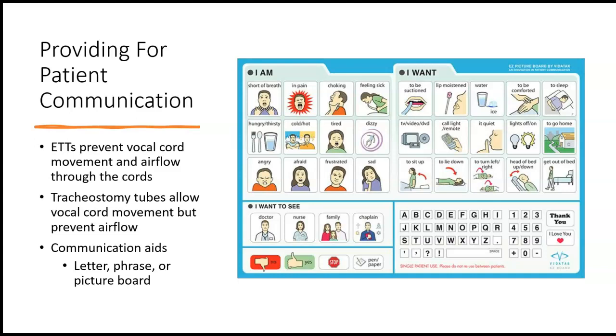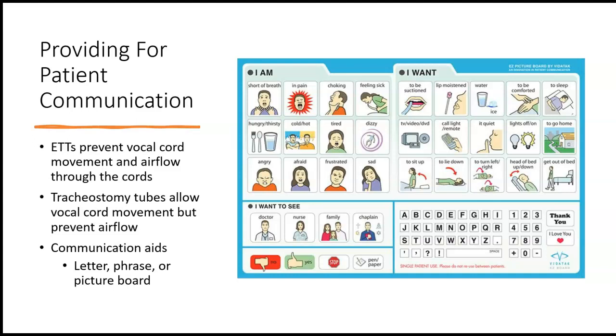Tracheostomy tubes will allow for vocal cord movements because the surgical site is below where your vocal cords are. But because the tracheostomy tube is in the airway in such a way with a cuff typically, that is going to prevent any airflow from going through those cords. So a lot of times we use things